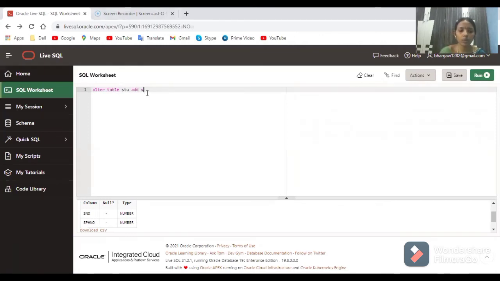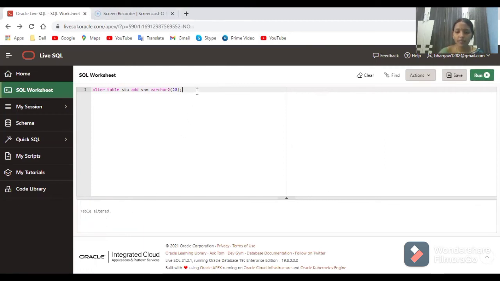Add. Which column do you want to add? The column name you have to specify, and you have to specify its type. Varchar2 of 20. So I'm adding a column: alter table, add SNM varchar2. Now say run. If you say run, you'll get table altered here.